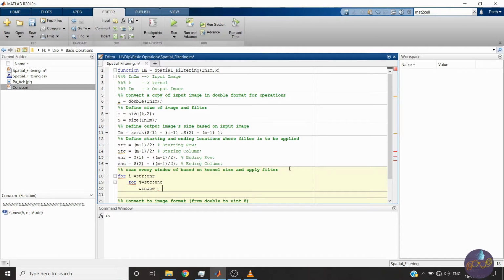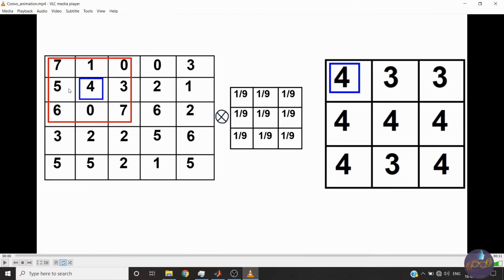This will be I, our image which we have converted in this double format. I of I. So now if we write ij, then we have the central pixel, but we don't want the central pixel. We want one row back from the central pixel. See, this is our central pixel. Then we want from here to here the image. So 1 1 2 3 3, if it is a 3 cross 3 size matrix.